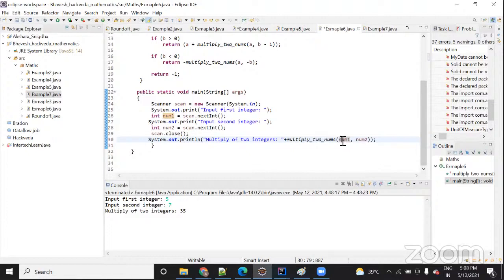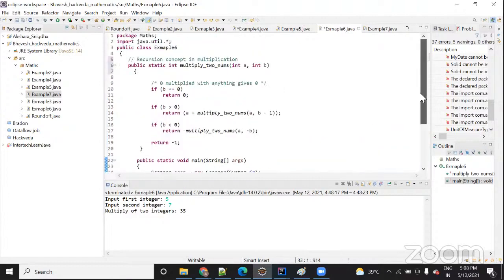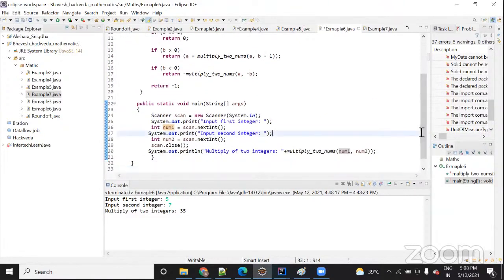Can you tell me whether this value name and this variable name should be the same or different? It can be the same, and even if you take a different name it will work, but you have to pass one value.